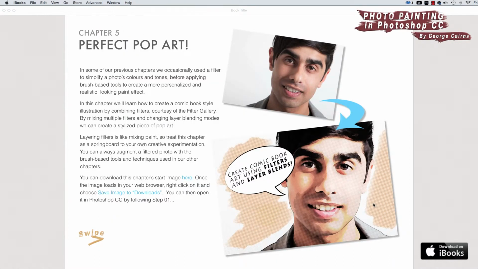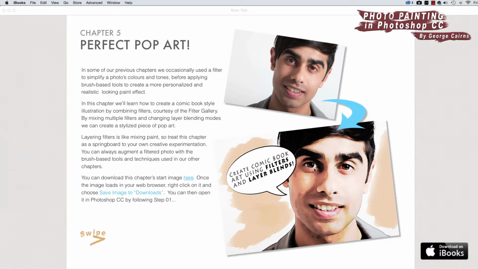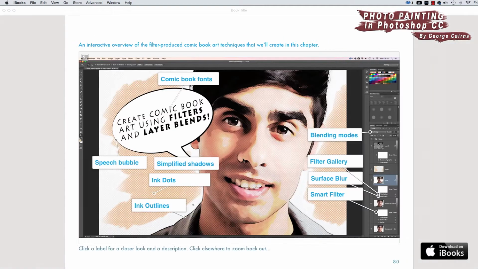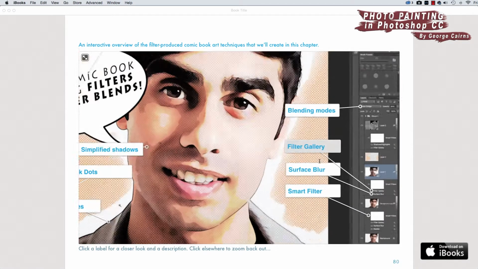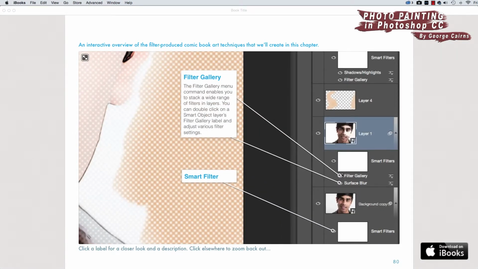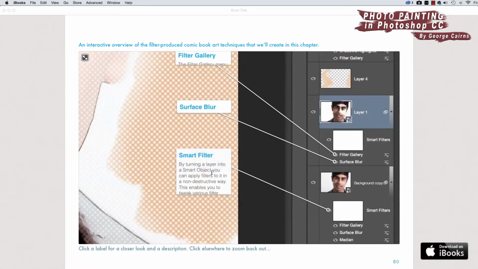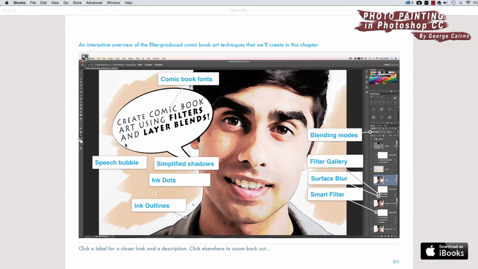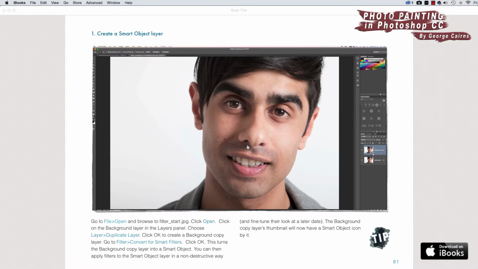Talking of filters, I have to acknowledge that people do like them. So in chapter 5 we look at how to create this comic book effect using a combination of filters, blending modes, and so on. The filter gallery there is a very important place, and we'll spend a lot of time there in this particular chapter. So that's an overview of my Photo Painting in Photoshop CC